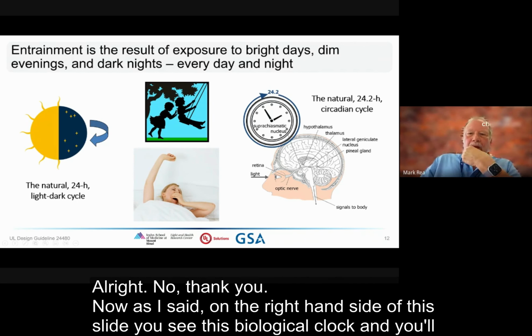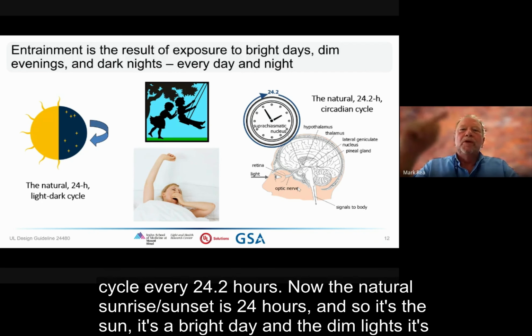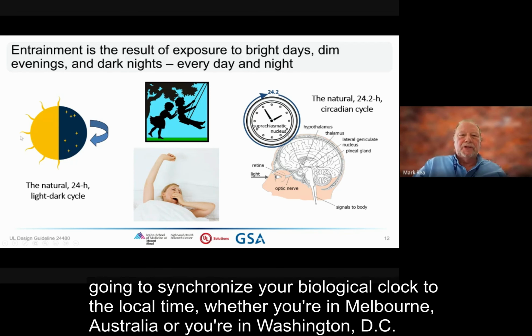Now, as I said, on the right-hand side of this slide, you see this biological clock, and you'll notice that it has 24.2 hours. That's on average, but what it means is that your clock left in a dark cave will cycle every 24.2 hours. Now, the natural sunrise sunset is 24 hours, and so it's the sun, it's the bright days and the dim nights that's going to synchronize your biological clock to the local time, whether you're in Melbourne, Australia, or you're in